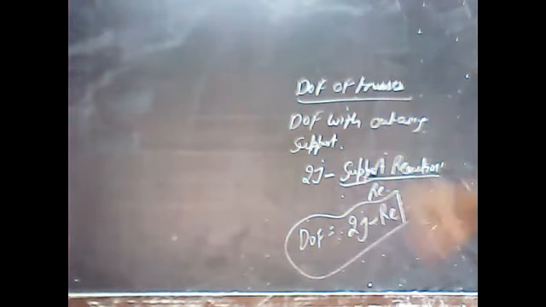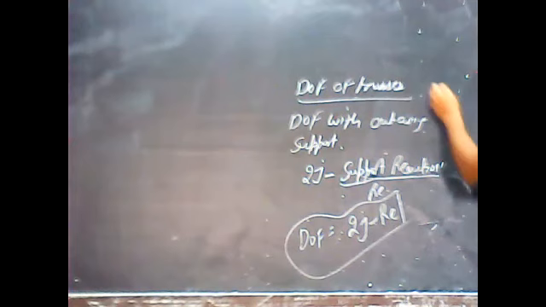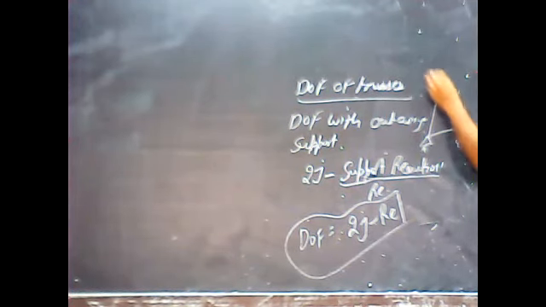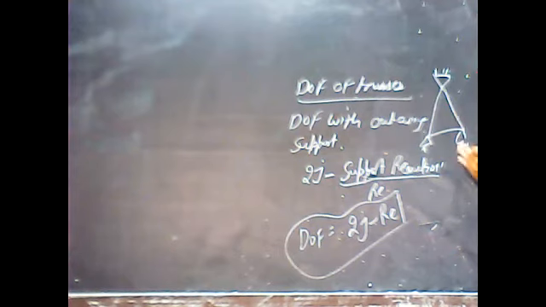Restrictions can be more also, like this one I'm going to draw. There we have a hinge, there we have a roller, and this is also a hinge support. And here also I change it to a hinge. Now calculate the number of degrees of freedom in this way. What will be the value of degree of freedom? Sir, total hinges, sir. Yes, all are hinges. 0, just 0, sir. Yes, 0.